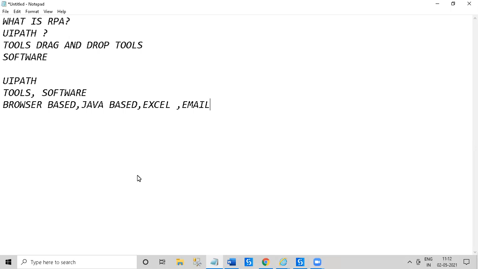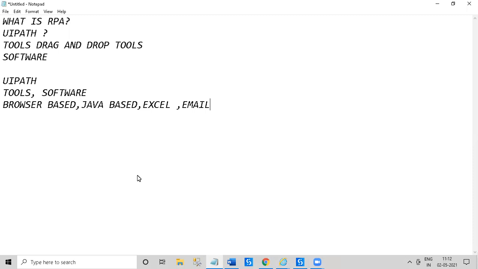Let's suppose we have 4 different teams in our organization. One team is handling a browser-based application. The second team is doing sorting in Excel, and the third team is importing the output created by the second team in the Excel application into the Oracle-based application. At the last, there are some teams generally sending emails manually. But through automation, we will integrate it. We will replace all these 4 teams with a single robot, and this robot will remove all the 4 teams and perform the task. We can perform this task with a single robot.